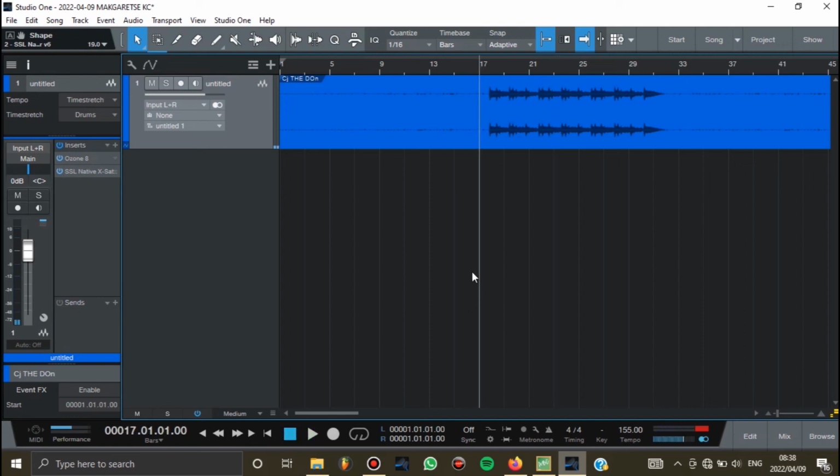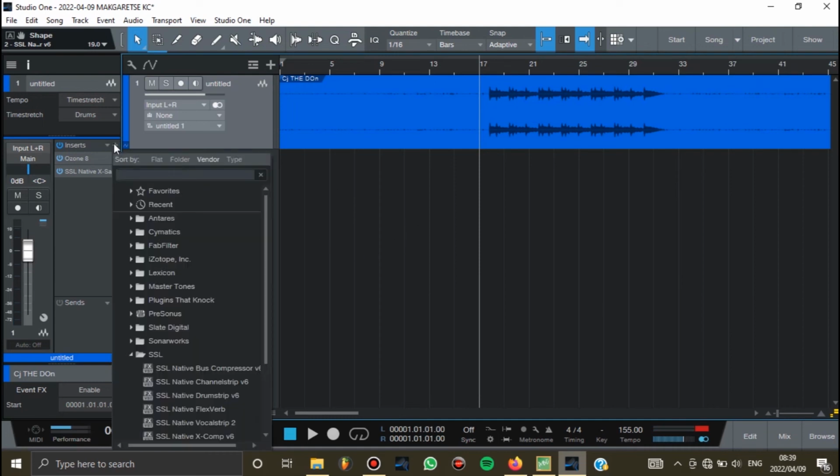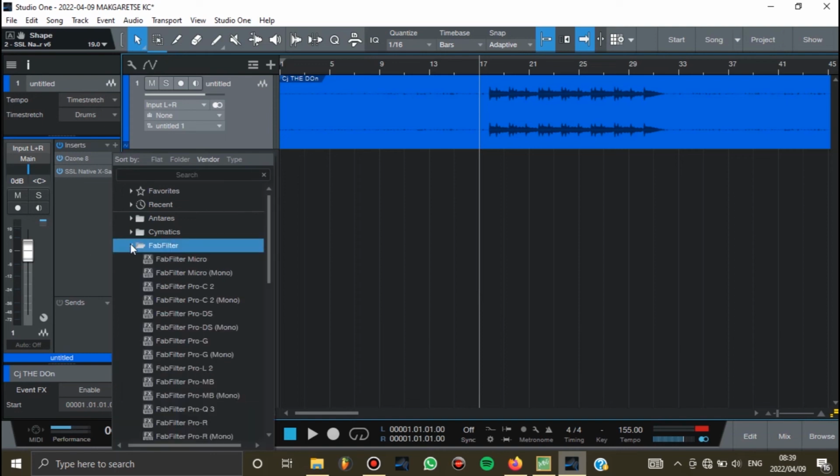Hopefully you can hear the difference. The third plugin that I'm going to use is FabFilter, another saturation, but I'm going to use it differently from this one. The way I'm going to do that is that I'm just going to open it and then choose it,